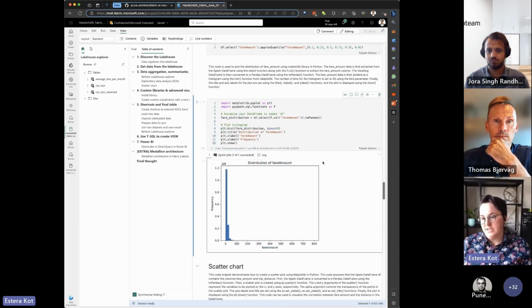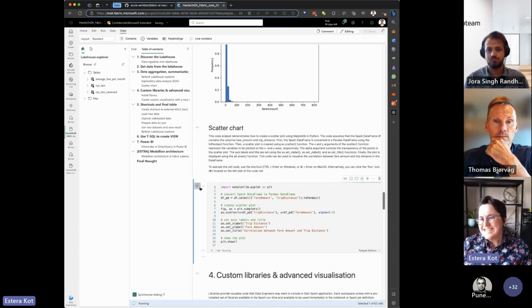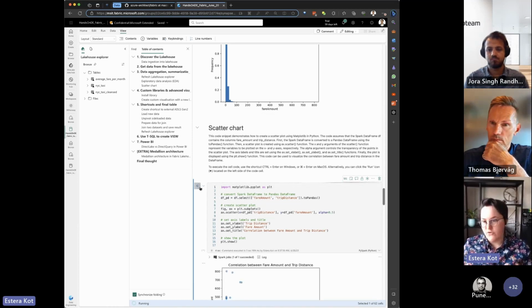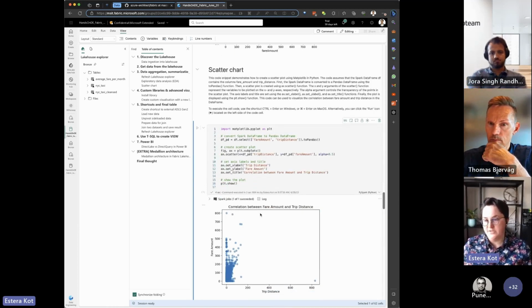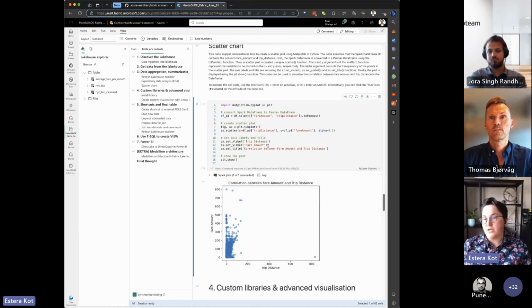Then you can save it, load it, and further process. And the second example with scatter plot chart, when we want to check the correlation between fare amount and the trip distance, meaning as a data engineer, we got a task to find the correlation, like prepare the data, maybe find the outliers, like here, meaning that the trip distance was huge and the fare amount was very small. Something happened here, the same as when there was a very short trip and we paid a lot. The easiest way to clean the data, to make a proper decision on how to remove the outliers for further processing, is to take a look at the chart.